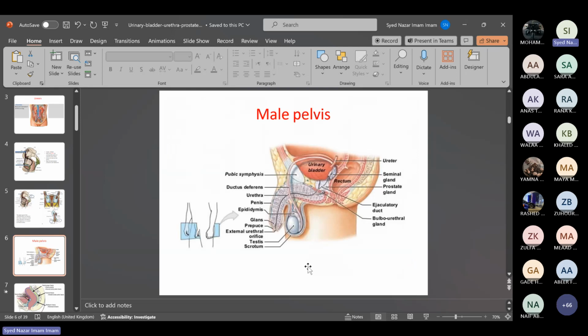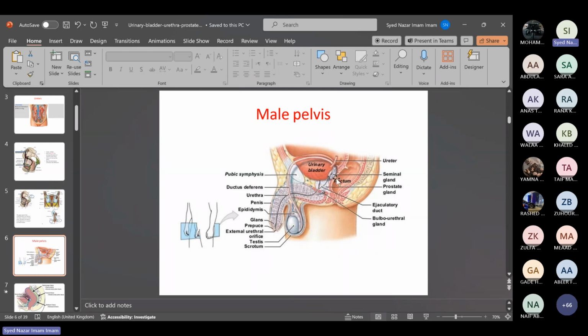Now, the male pelvis: what are the structures you need to know, and what are the structures from anterior to posterior? As you move from the pubic symphysis, the structure just behind the pubic symphysis is the urinary bladder. This is the first structure, and behind the urinary bladder we have the male gland that we used to call the seminal vesicles, where we have one structure coming from the scrotum, and that is the vas deferens. This is the ductus deferens or the vas deferens, and this is the seminal vesicles,